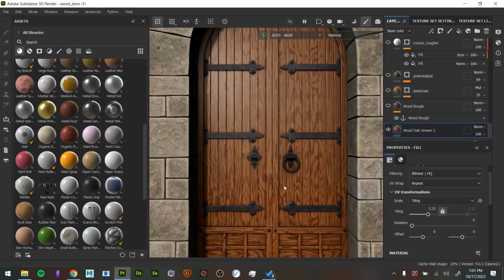Or you can do it in Substance Designer. And the difficulty there is also that even different types of wood at the same scale are going